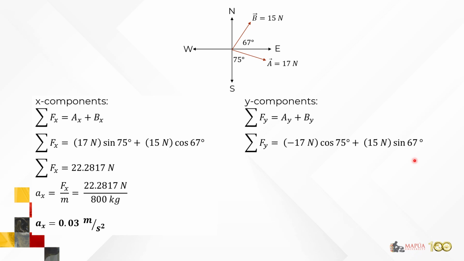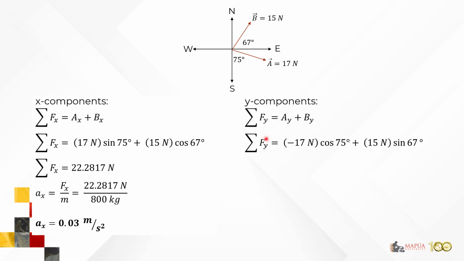To give you a tip to make your problem solving more efficient: if you already have the trigonometric function for the x component as sine and cosine, you just need to swap them. Not the inverse trigonometric function. If it's sine, you make it cosine, and vice versa. So for example, here, sine 75 became cosine 75, and cosine 67 became sine 67. But still, always be careful with the directions.